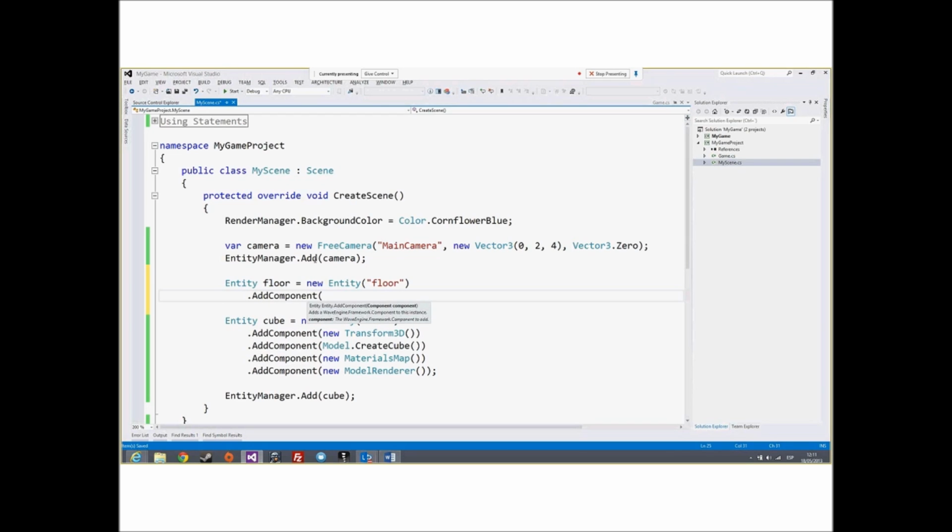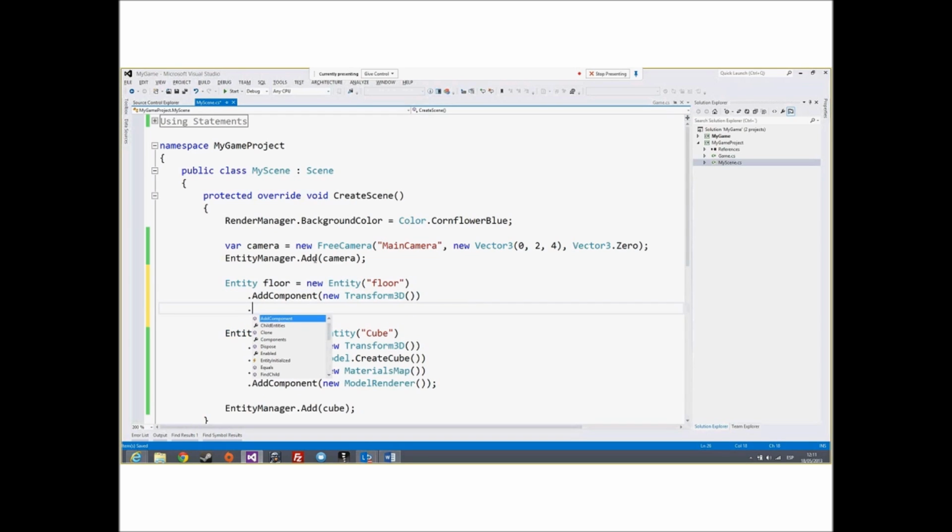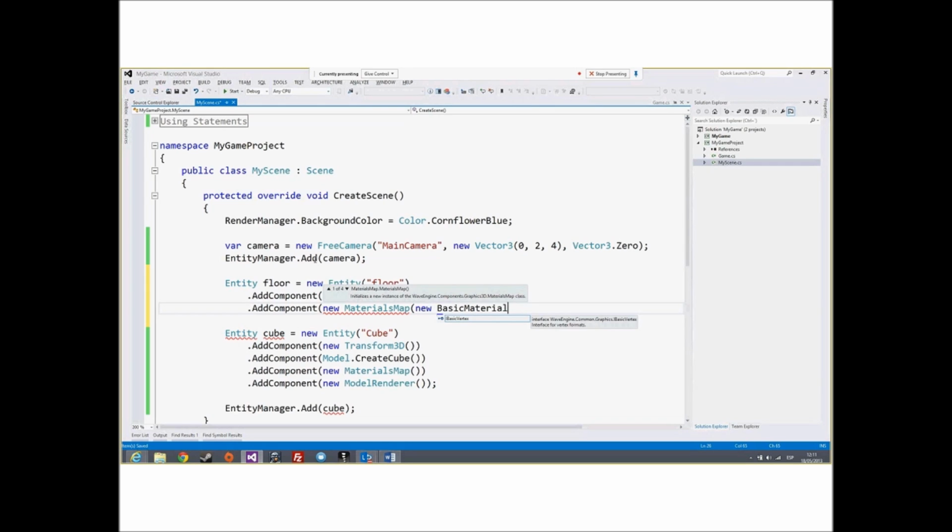We also need Transform3D. We also need a MaterialMap component. This time I'm going to use a basic material to draw this entity with green color. Color green, set to green.